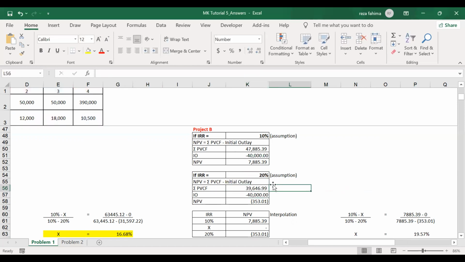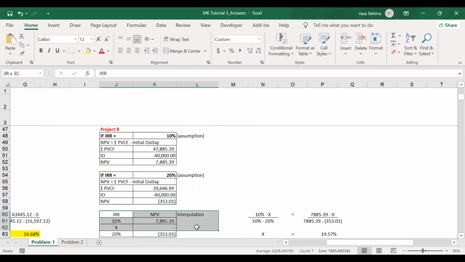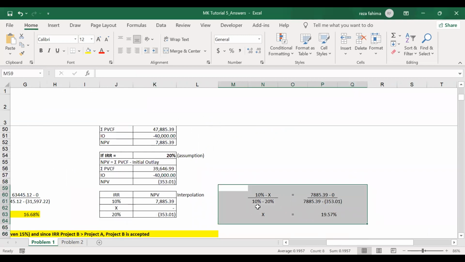And then we get 39,646.99 for the sum of PVCF, and the initial outlay is 40,000. It means that our NPV is minus 353.01. And then we summarize all our assumptions and calculations here, and then we can immediately look for the